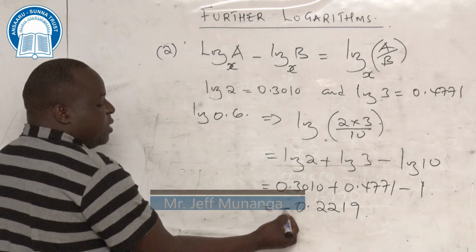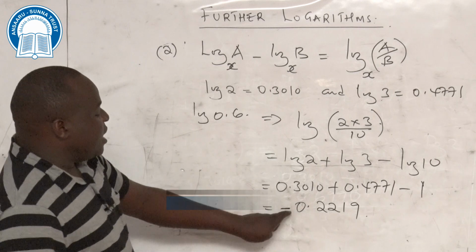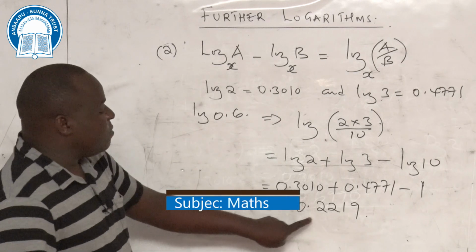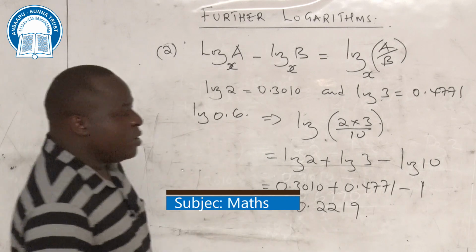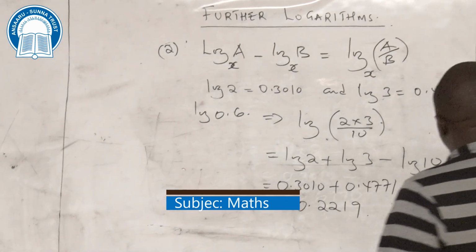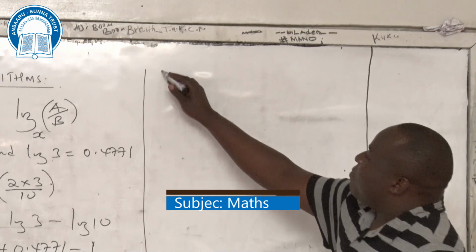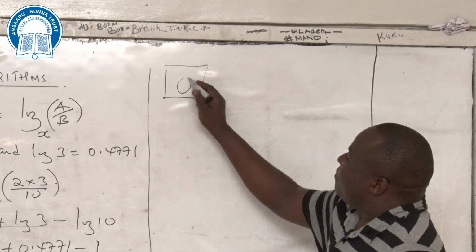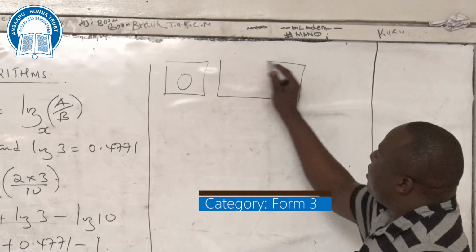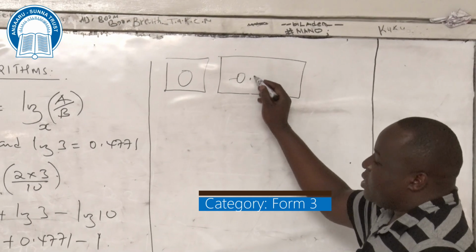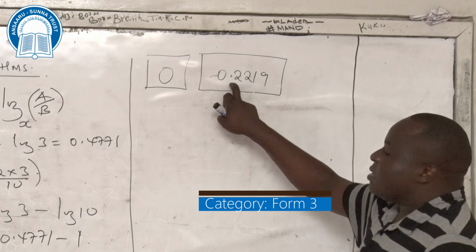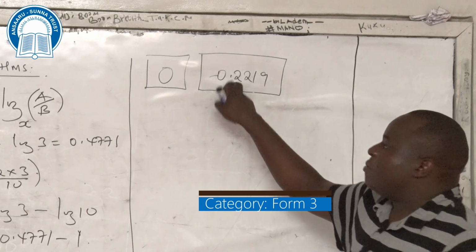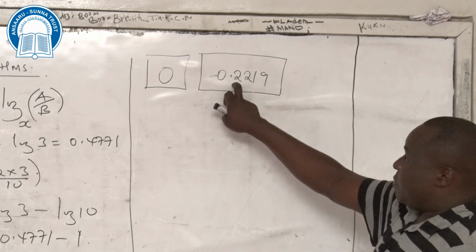Again, the same problem. There is a negative here, meaning there is a characteristic and a mantissa which is negative. Remember, mantissa can never be negative. So the same process, let me take you through the illustration again. My characteristic is 0. My mantissa is negative 0.2219. So since this is negative, I have to make it positive by borrowing something that makes it positive here,